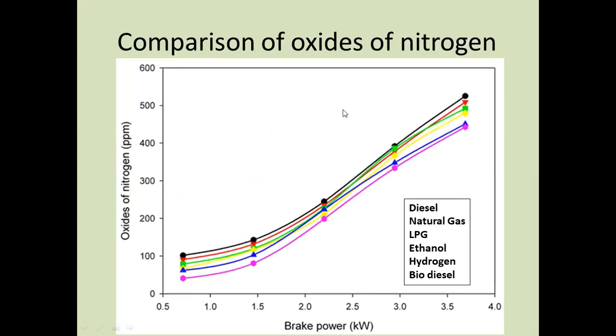So next slide, we can discuss the composition of oxides of nitrogen. As I told you earlier, air contains 78% nitrogen and 21% oxygen. For that condition the engine is operating at high temperature, so we get better combustion, which means oxides of nitrogen increase at full load because of the high temperature the engine is running at. So the oxides of nitrogen also increase.